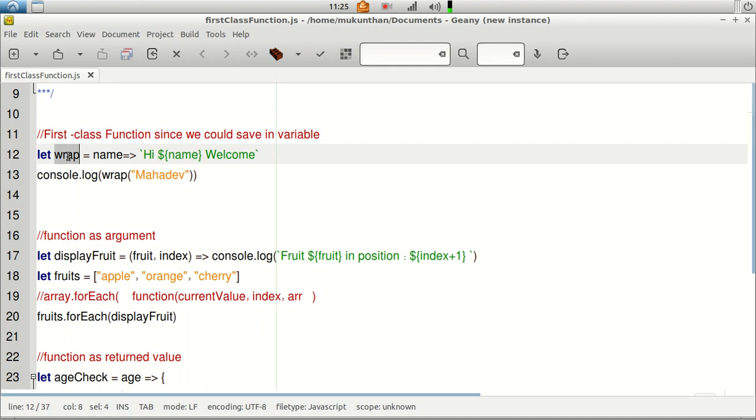Then when you call that function with the variable name, you will have the parenthesis and you will be passing the arguments as per the implementation. Now we know that we can assign the function to a variable. So the variable can be passed as an argument to a function, or the variable can be returned as a value from another function.